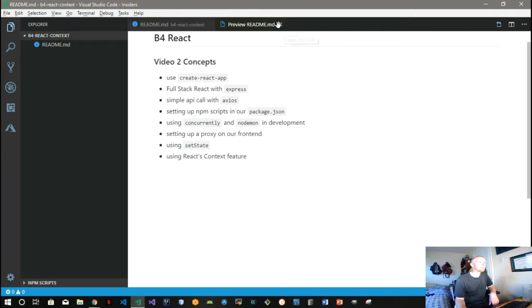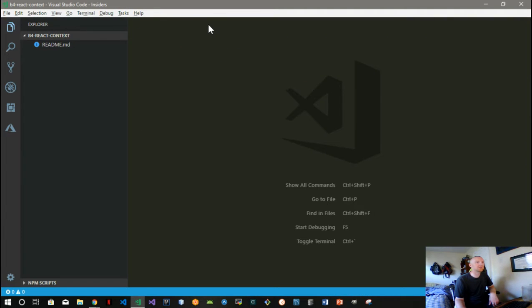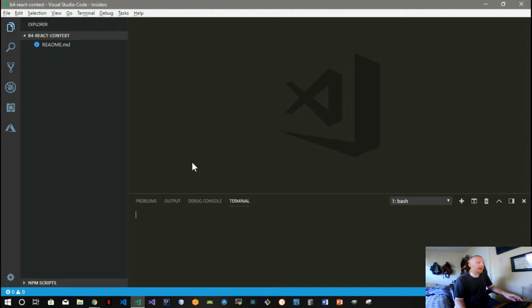So I've got, hopefully this is big enough. I zoomed in and enlarged the size of my text. I usually like to work a little smaller. But I've got a new folder open inside of Visual Studio Code. I hit Control tilde, and that's going to open up my integrated terminal